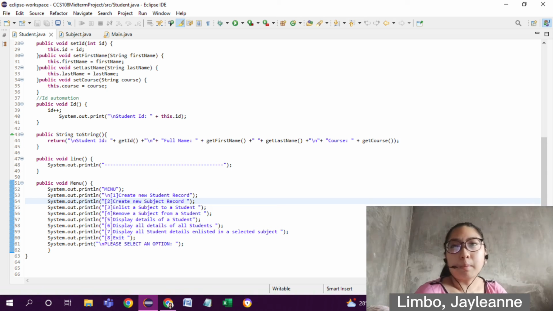So next is the public void menu. In here, at first it will print out the menu word, then it will show the options inside the menu. So we have here the create new student record. If the user selects 3,